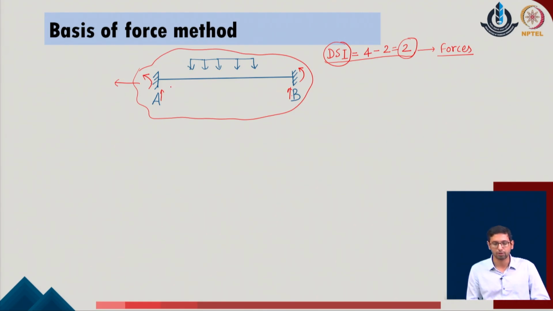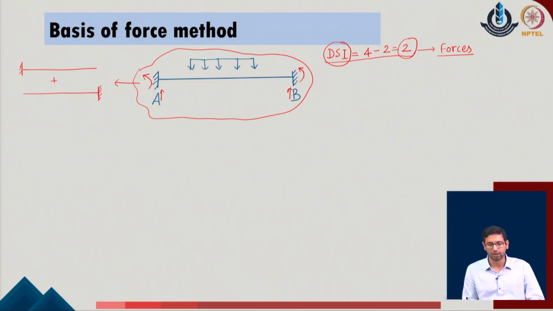Now, there could be multiple ways to do it. One simple idea is that I consider, say, at the joint A the support remaining fixed, whereas at the joint B I have removed the condition of the support. I have removed the fixed support, and now there is no reaction being considered at the support B. The second possibility could be that I can just do the reverse of it. I can keep the support at the point B and leave the support A without any of the reactions over here.